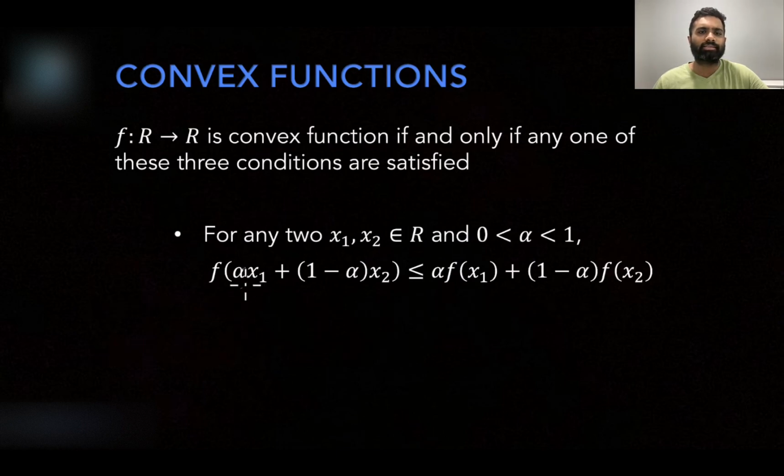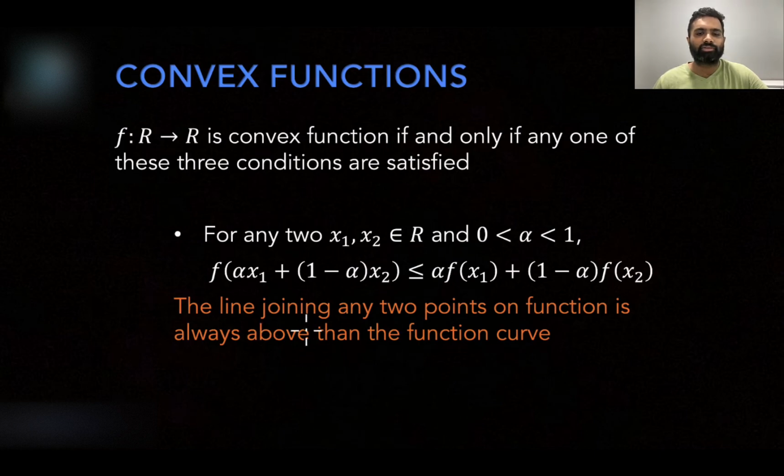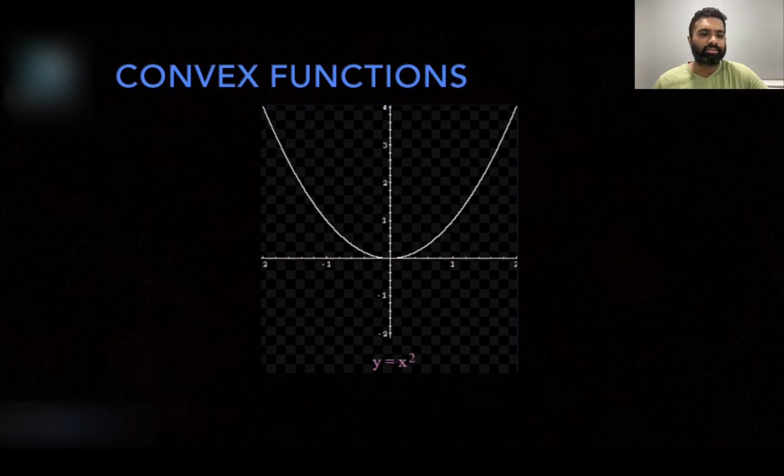So the first property says that for any 2 points on the function, x1 and x2, the function value at any point in between those 2 points will be less than or equal to the value of the line joining f of x1 and f of x2. So verbally you can say that the line joining any 2 points on a function is always above the function curve. And if we consider a very simple convex function, y equal to x square,